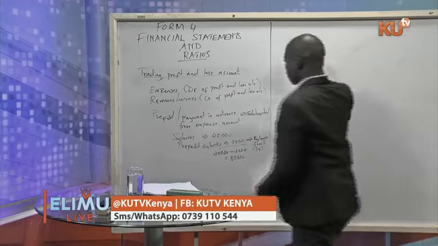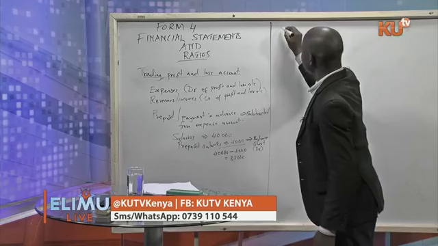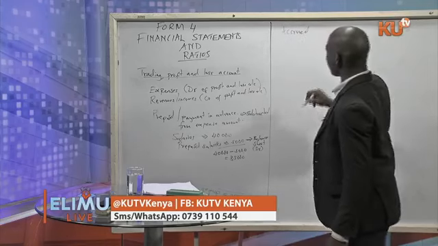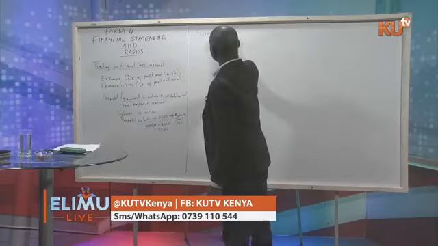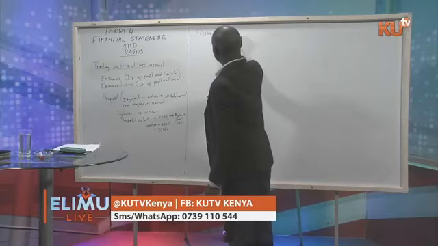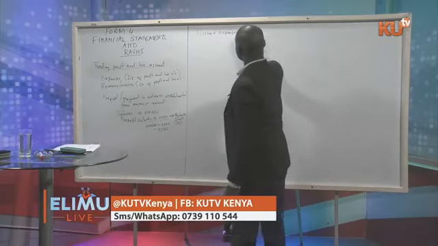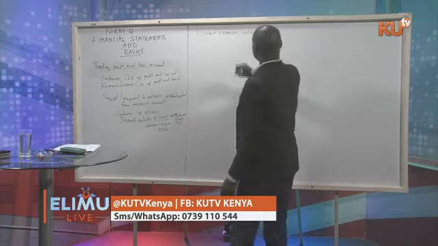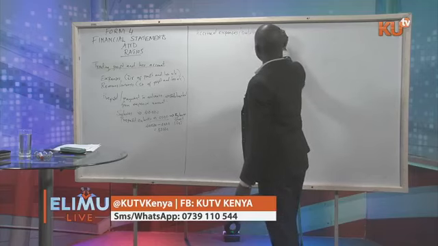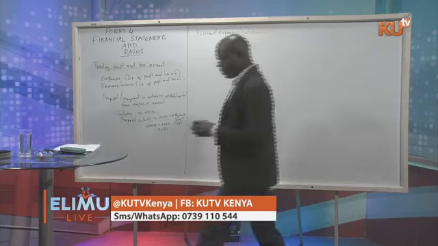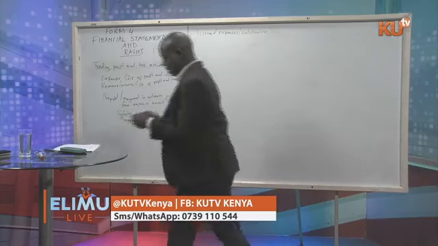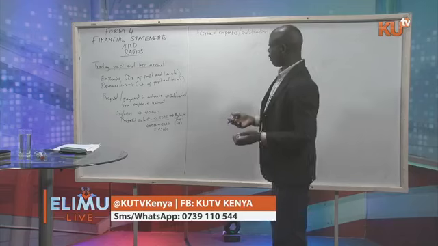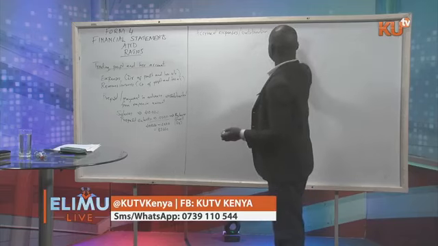Number two, we have payment that is made after you have offered the service. We call them accrued expenses. Another name for accrued is outstanding expenses, or it could be payment due. These payments are made after the service has been offered. And so when we are adjusting,